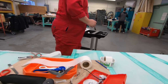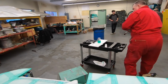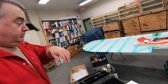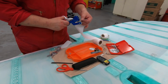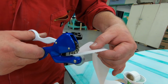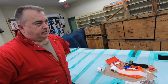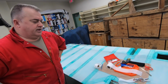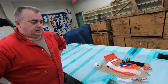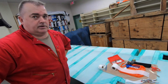Dan, as the boys are messing around with the jig and ribs over there, what's going on here? Oh, we're still working on the elevator, Mike. We're almost in the home stretch. I'm just finishing the taping. Sometimes you get little corners of the tapes that stick up, so we'll smooth that over. And if it looks good after that, then we'll put the final finish coat of color on it, which is called Nevada silver. It's almost an antique blue silver. And then your brother will have a good look at it and fill out the paperwork for it, and it'll be off to